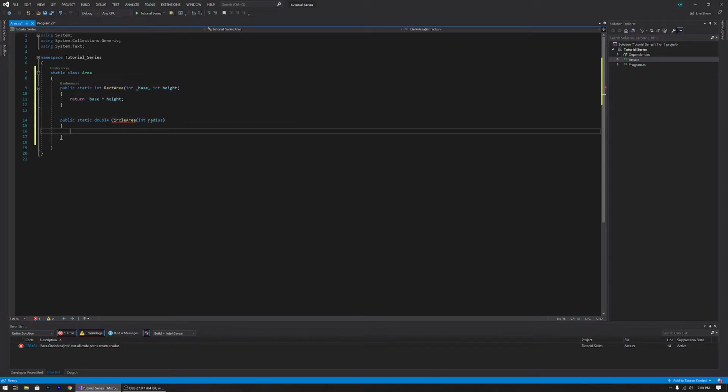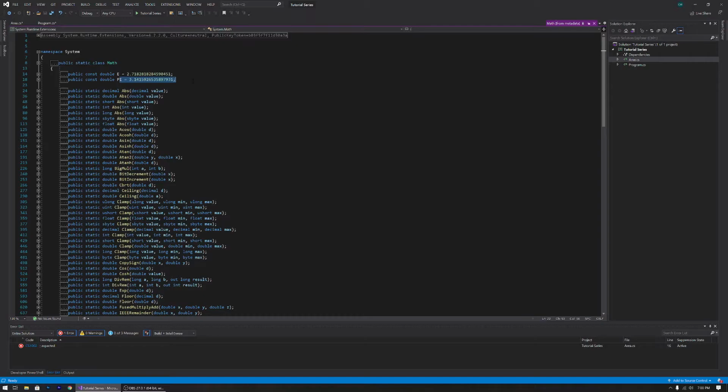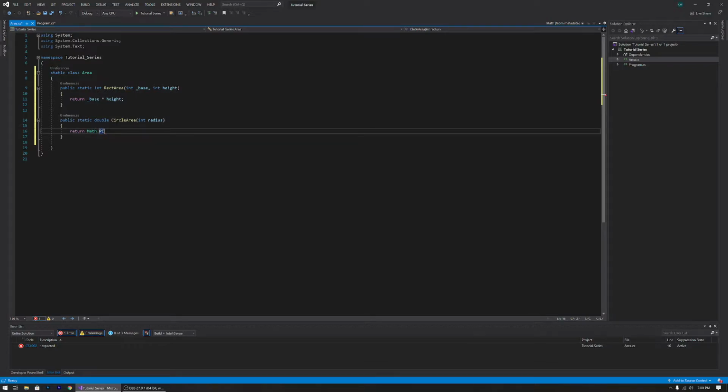And as we can see here, we're going to go ahead and return math.py, right? Because we're going to get the value of pi from the math class. We don't need to do this. We can make our own variable for pi, but math.pi already has a value for pi. If we take a look here, there's already a nice value for pi, so that's what we're going to use for our area thing here, math.pi